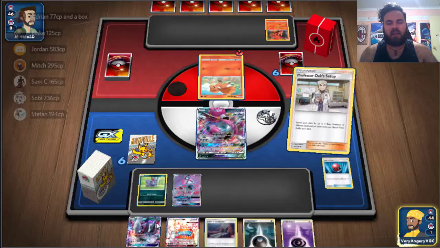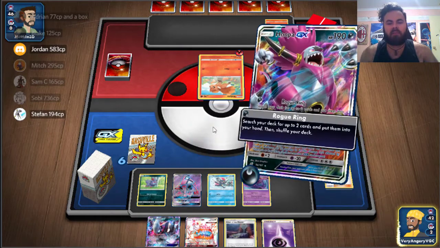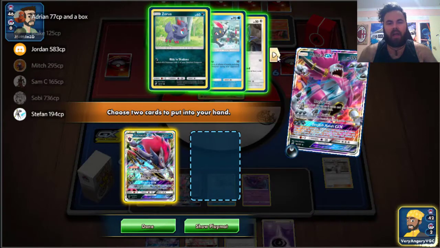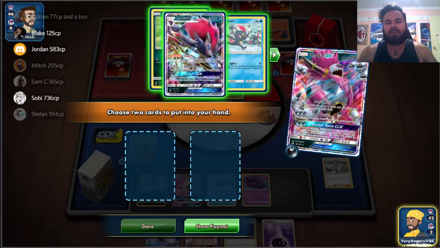So I just go with those 2. That's cool with me. I can just attach for turn, and then nothing else needs to be played. We can just Rogue Ring. So we Rogue Ring to get red and blue for sure, and the Zoroark, because I believe we have the Weavile in deck. And then that's when I realized, nope, there is no Weavile in this deck, so that is